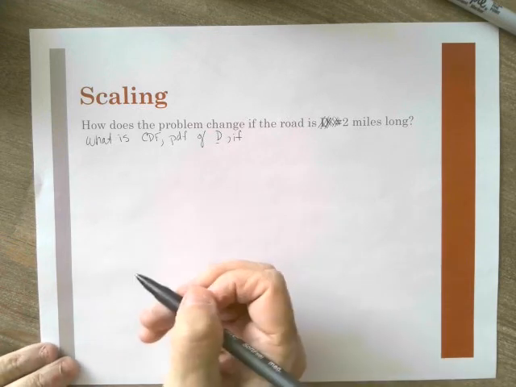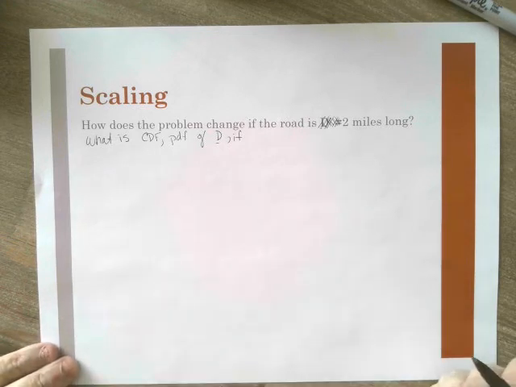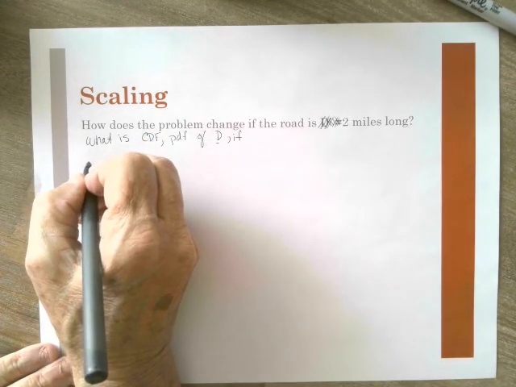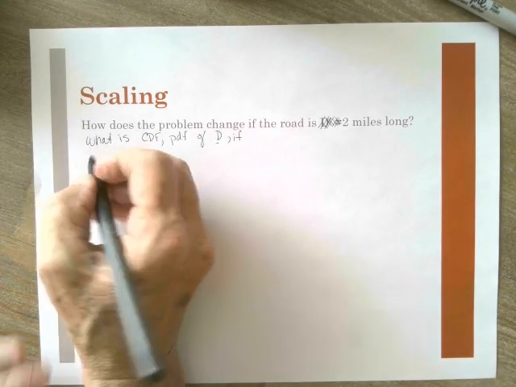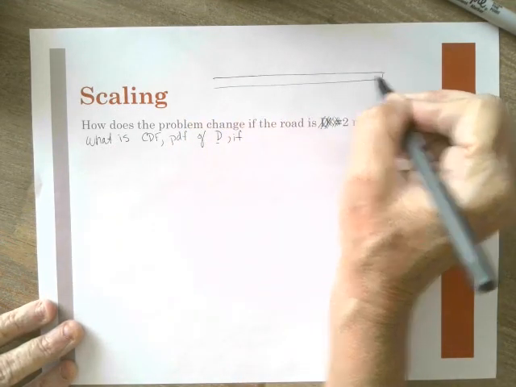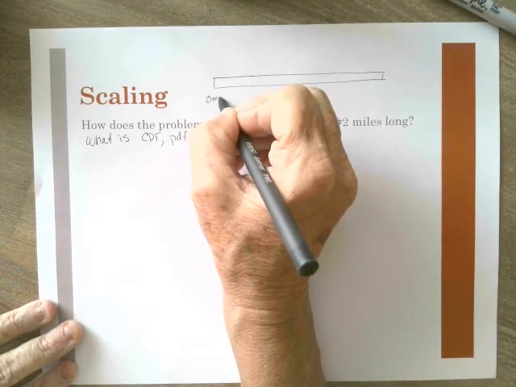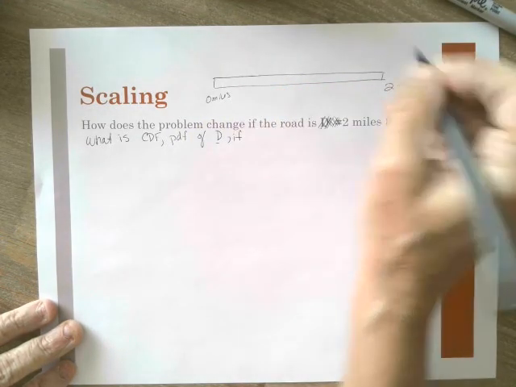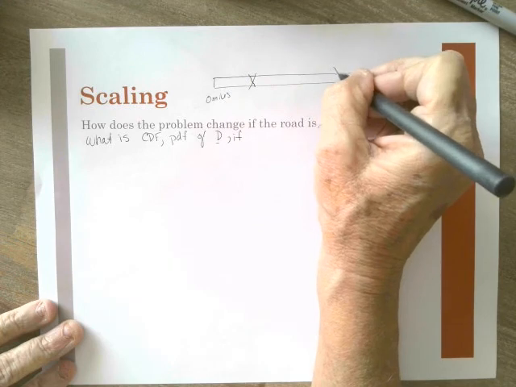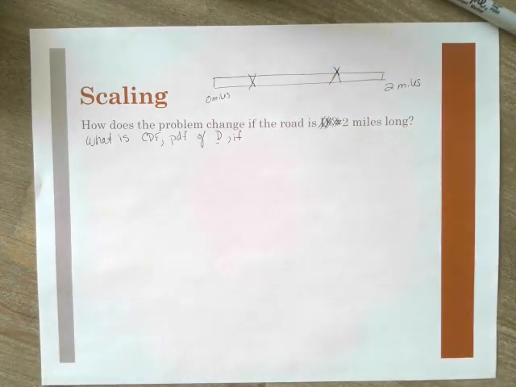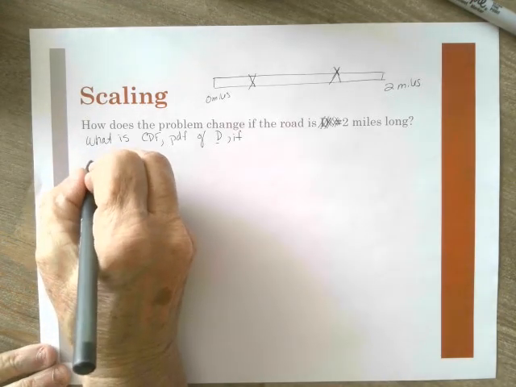But if I follow my steps 1, 2, 3, and 4, I'm going to notice that, if I drew my road, let's do it up here, right here. So now we have 0 miles, and now we have 2 miles. And now we're looking for an accident and an ambulance. And again, this could be X1 or X2. Either way, just to refresh your memory, we know that the joint